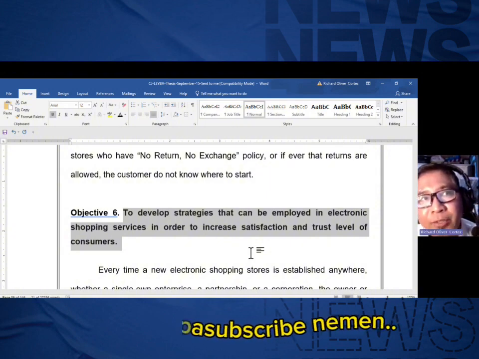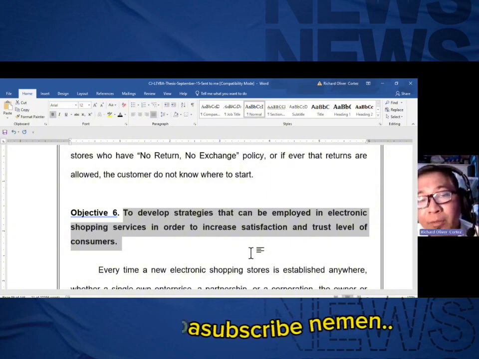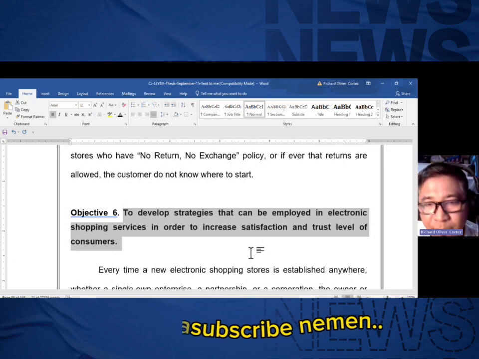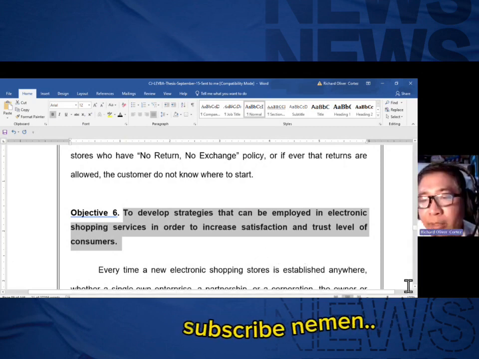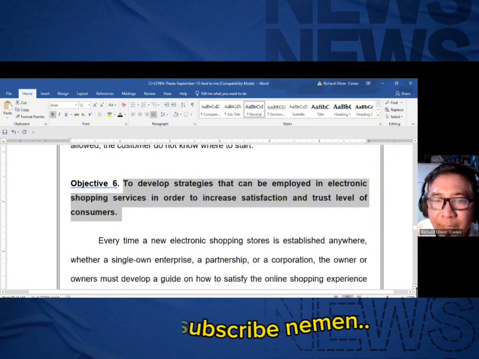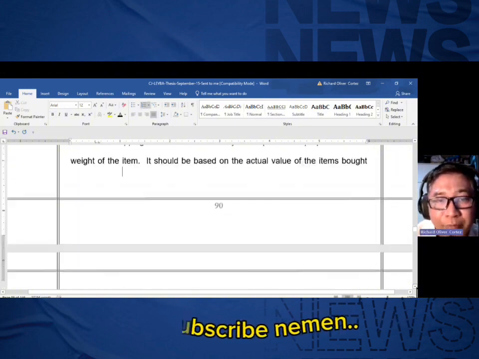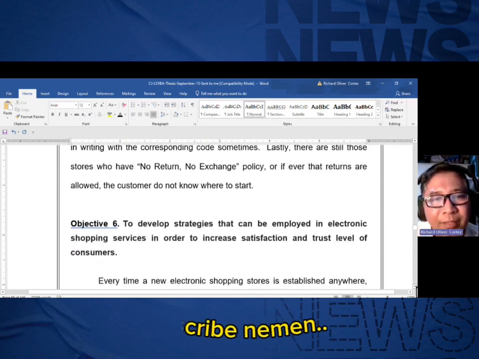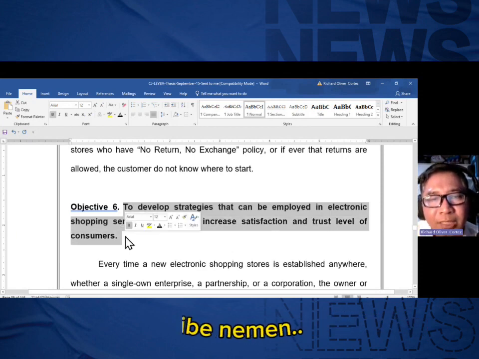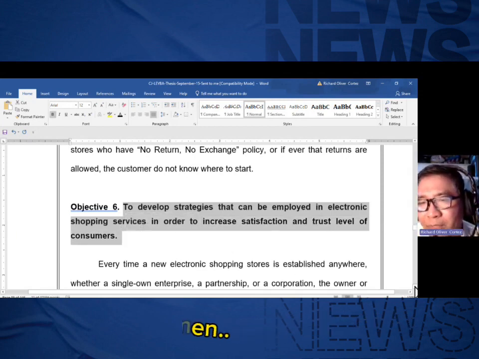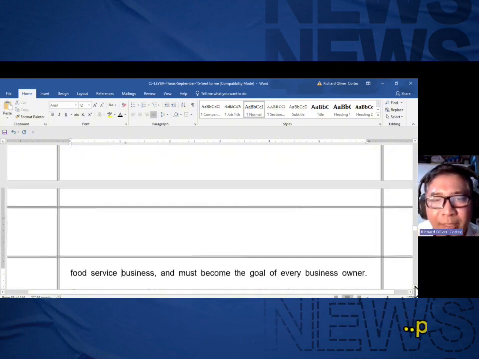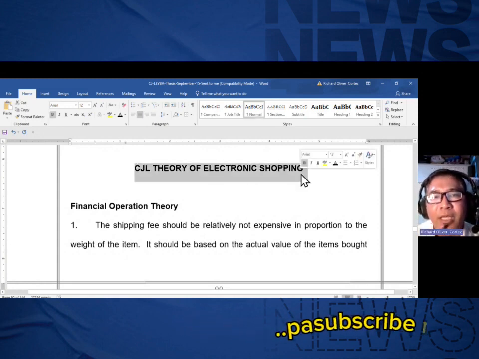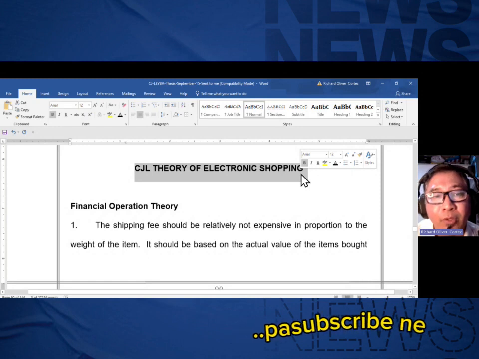Yung mga issues or risks sa online shopping. Then this paper is going to develop a strategy daw na pwedeng gamitin to increase satisfaction of the customers and increase trust level. So gumawa siya ng output dito, no? So strategy, anong klaseng strategy pwedeng gamitin, no? So the researcher came out with a strategy na pinangalanan niyang CJL theory of electronic shopping. So this one is a proposal how to improve